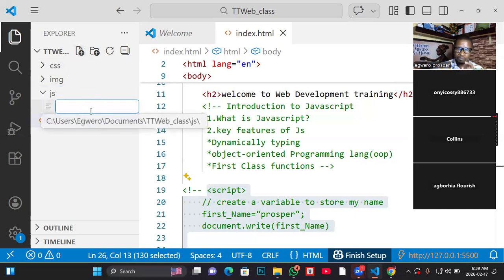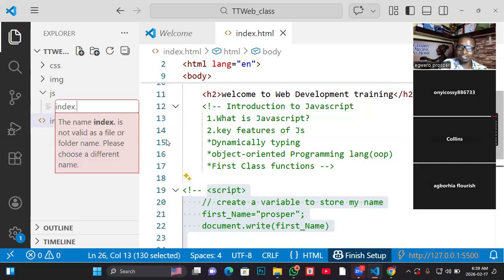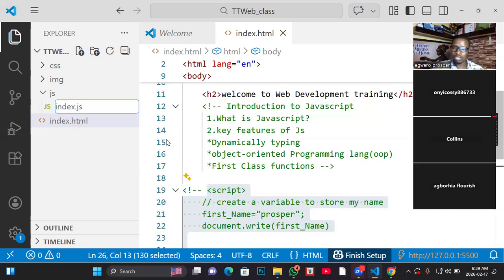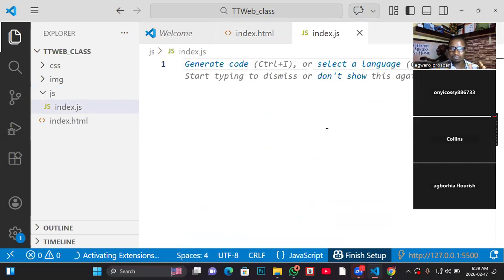So I will name that file any name, provided it's not a keyword. So I can just say first, or let me just name it index. Then, the extension will now be JS. Just like the way we have .html as the extension, it will now be JS. Then you click outside, just like we were creating external CSS file. So with this, we have created a JavaScript external